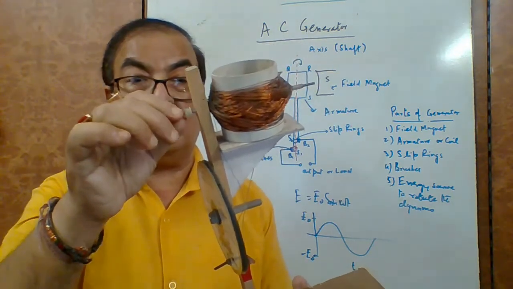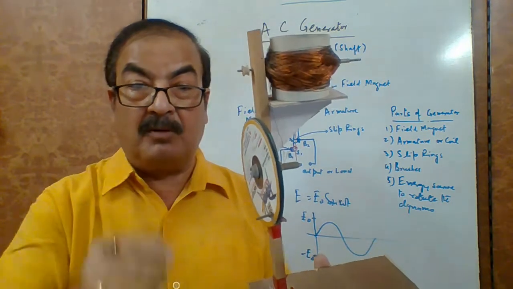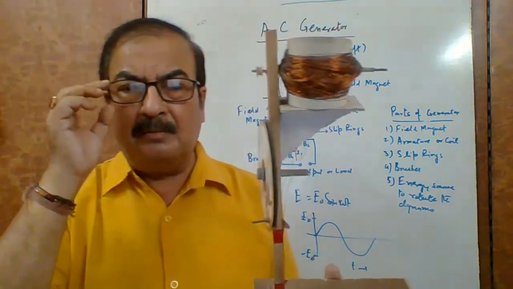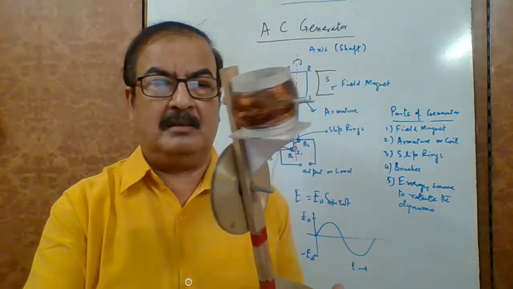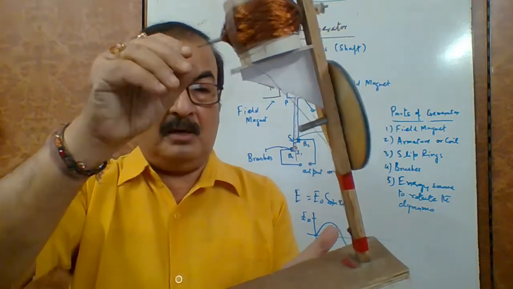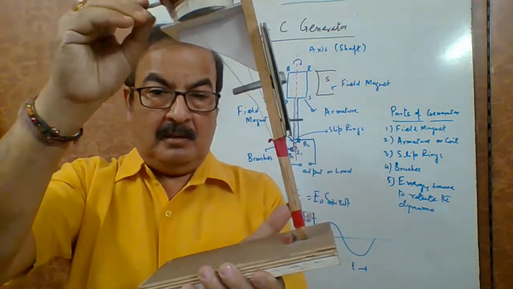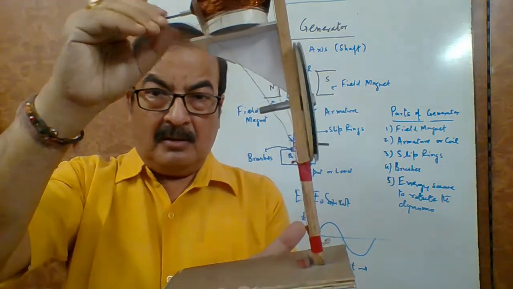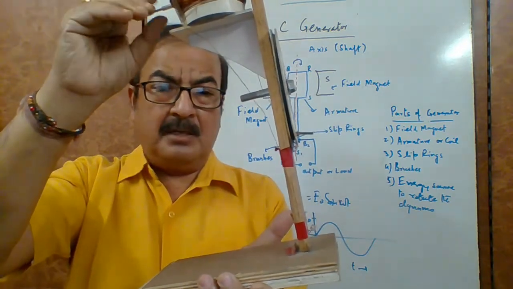This is in fact fully connected to the shaft. If we use a big rubber band, then it can work, but rubber bands are not very stable. Sometimes they are broken. Let us see how it actually works. I am giving clockwise motion. You can see the output gives light.